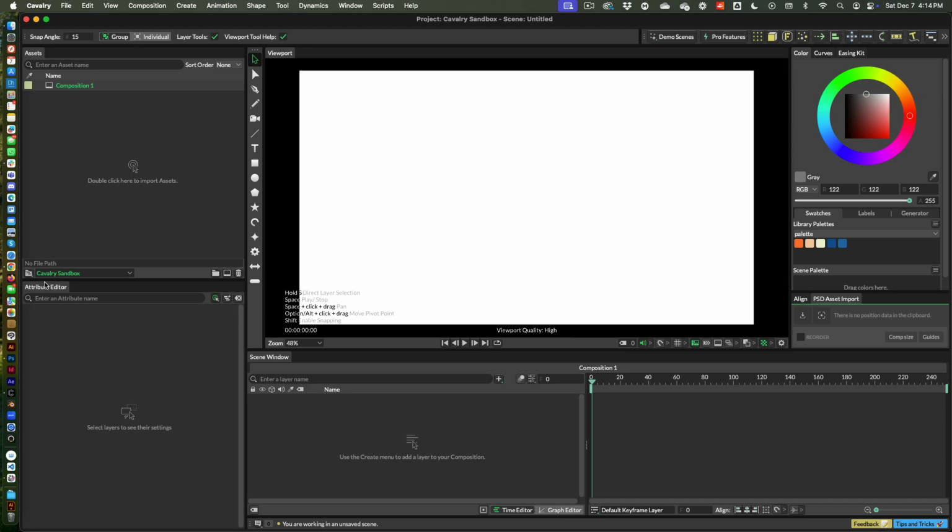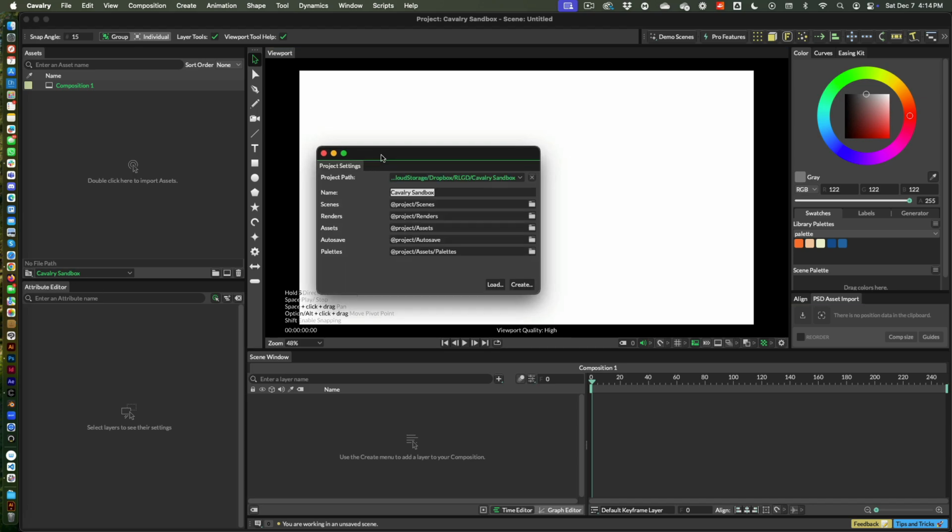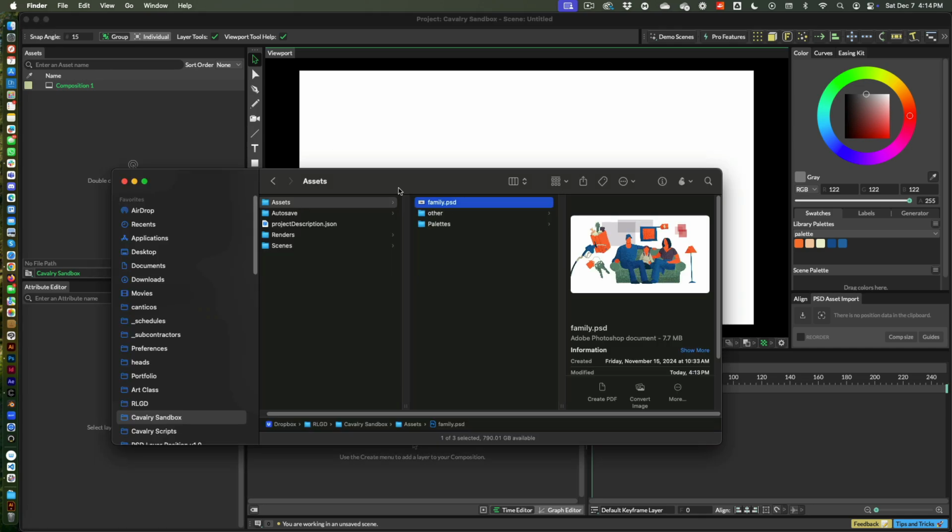First, we want to highlight best practices, set a project setting so that we can put our assets in the assets folder, and that's going to allow PSD asset import to automatically import assets for us. It's not required, but it does make your life just a little bit easier. All right, so let's go over to our project folder, and in the assets folder, we have a simple PSD